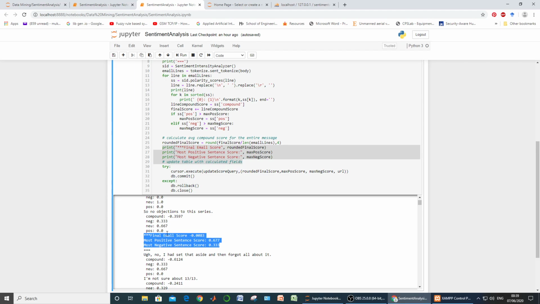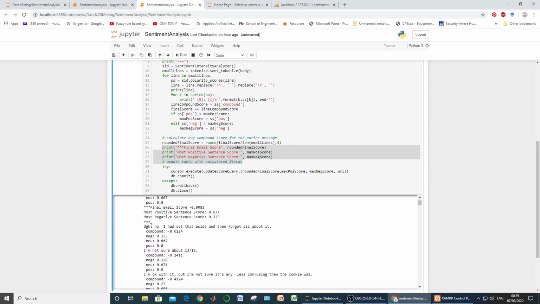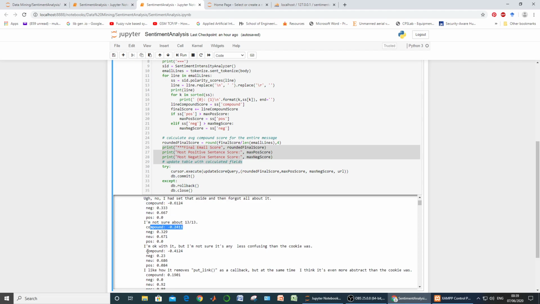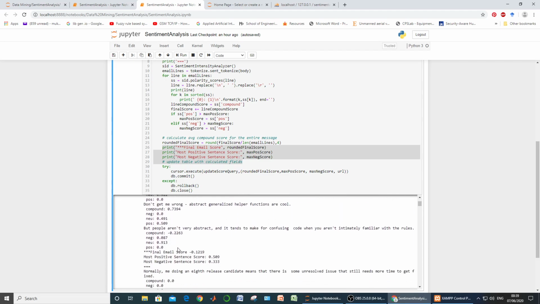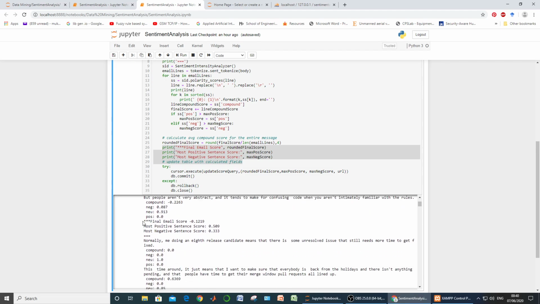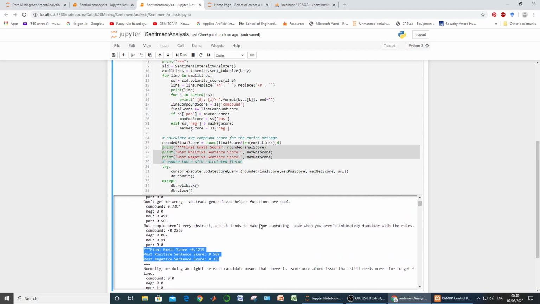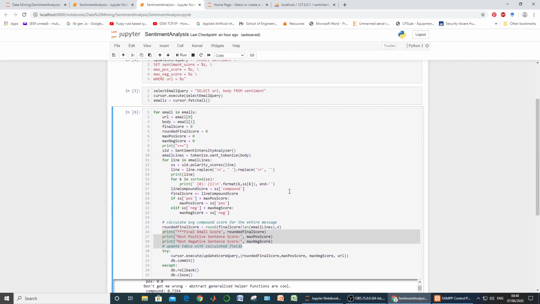What we did is we printed the scores obtained by each individual line, and then we printed the scores obtained by the whole document or by the whole email. Now after that it moved to the next email. This is the first line from the next email, email number 2. These are the four scores, then the second line, then the third line, and so on. And after this, these are the final scores obtained by that particular email, email number 2. So in this way it has printed scores for each email and each line present within the email.